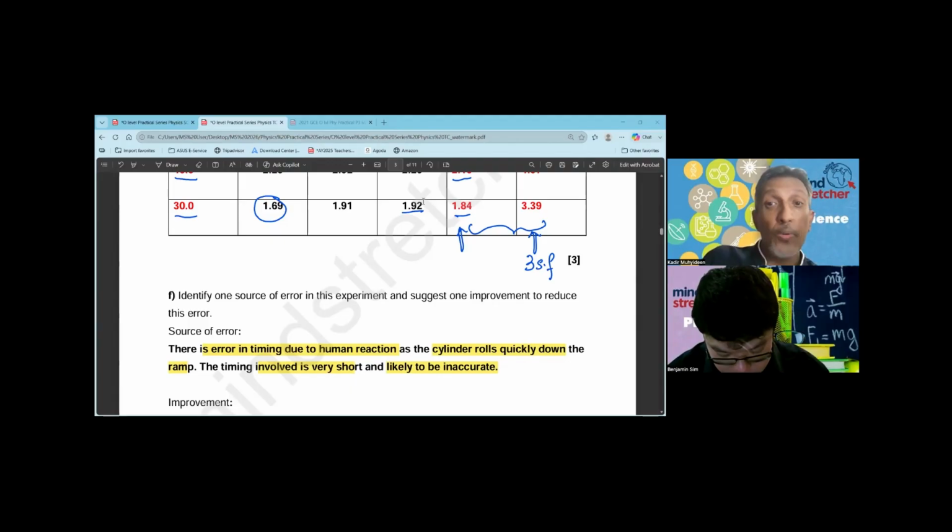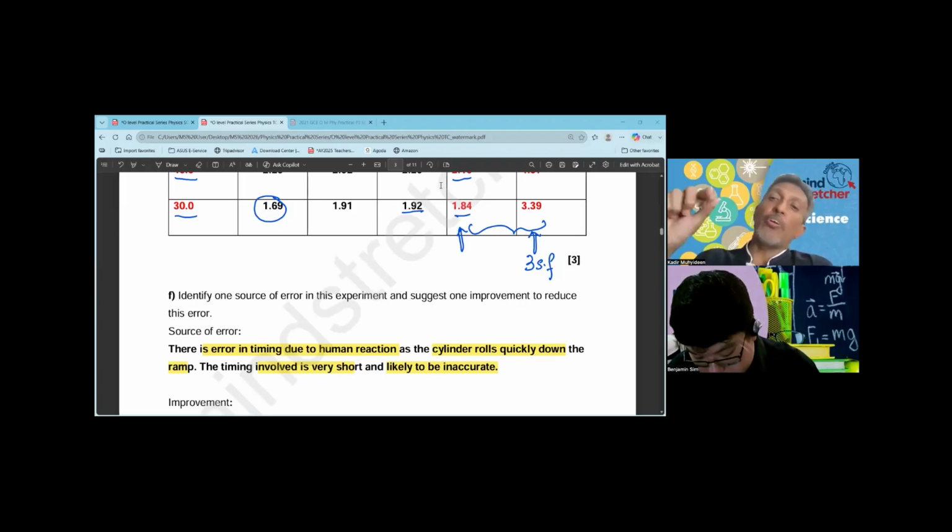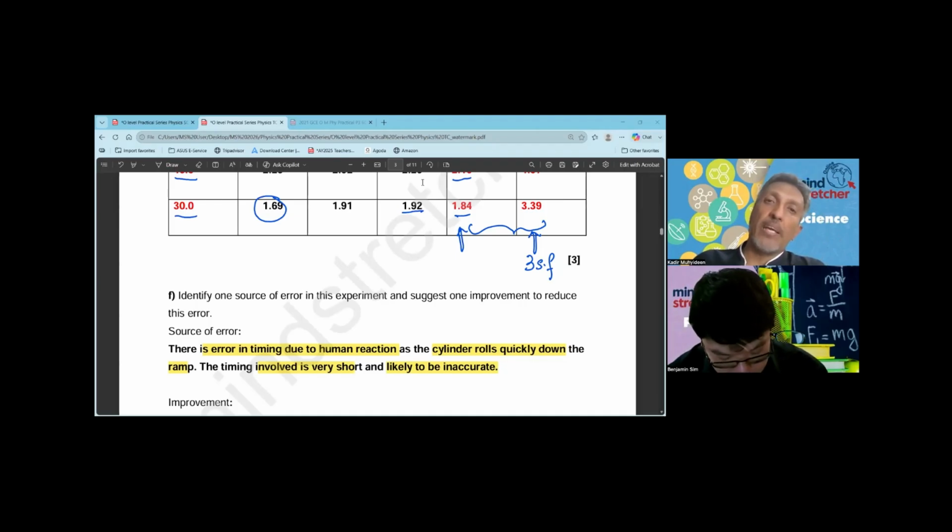Okay, you repeat multiple times. But let's say, for example, you talk about pendulum reading. You repeat multiple times also, but the time that you're talking about is still very short. You're talking about a short duration, so the chances of human reaction being there is still significant. So what you could suggest as a difference to this experiment is,